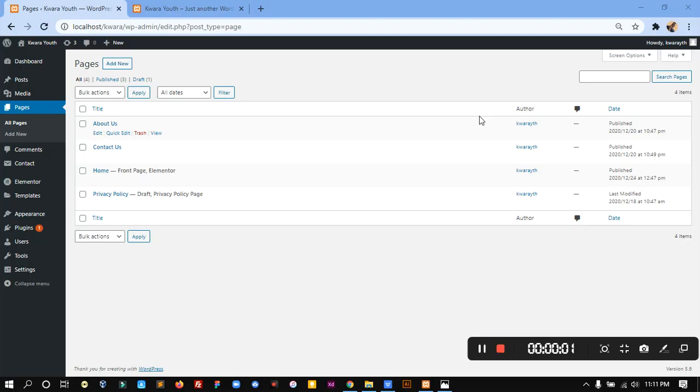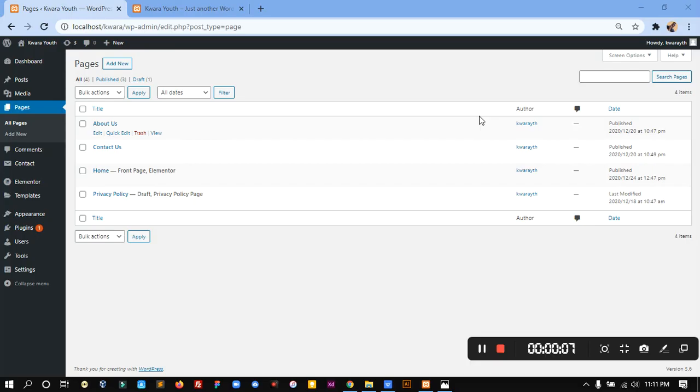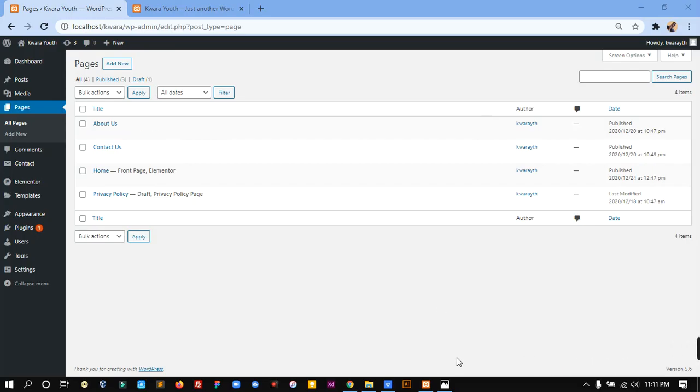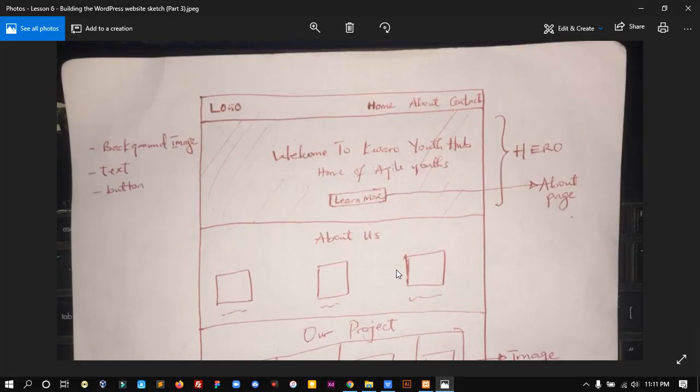So in today's lesson, we'll be looking at how we're going to create our first WordPress web page, and this is what we'll be achieving. Remember our previous lesson where we talked about sketching our website. You can't just go and sit down in front of your computer expecting to build a website, although it can happen, but for you to have a smooth design process, it's good for you to have a sketch,